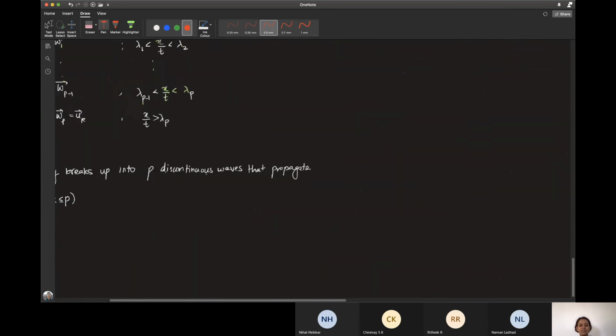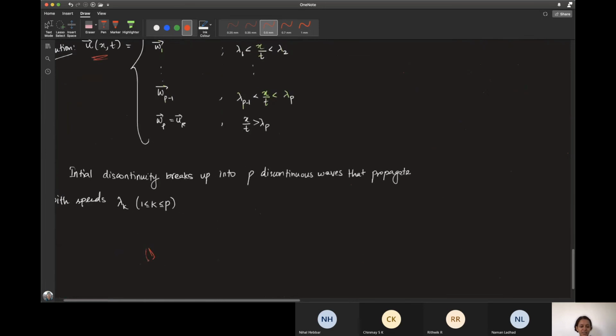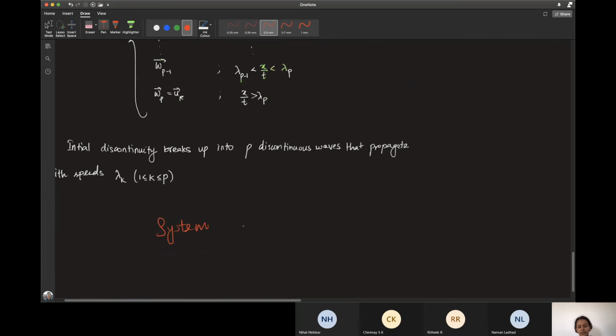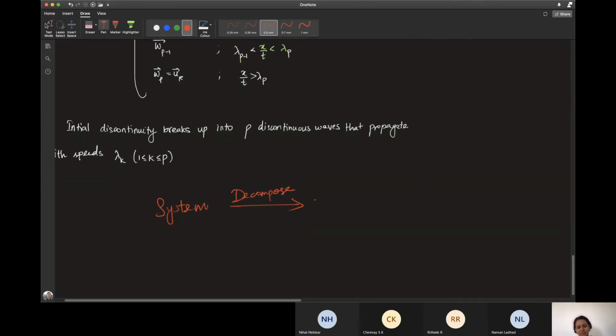To say it simply, we have a big system. We just decompose this system into